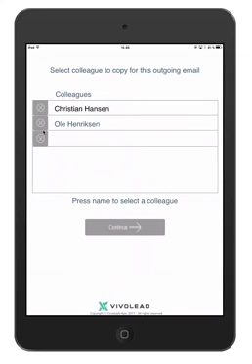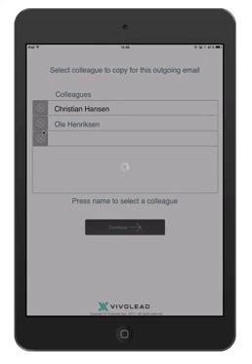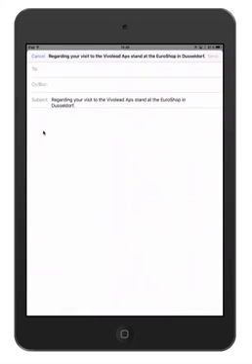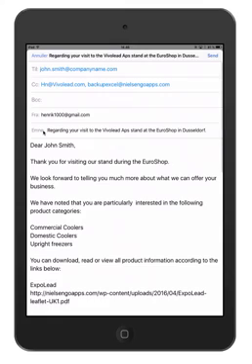The next thing that happens here is that I can actually copy one of my colleagues that I've inserted before in the settings area here. But for this demo, I'll just skip this part and press continue. What happens now is that the app will automatically generate an email for your visiting client saying, "Dear John Smith,